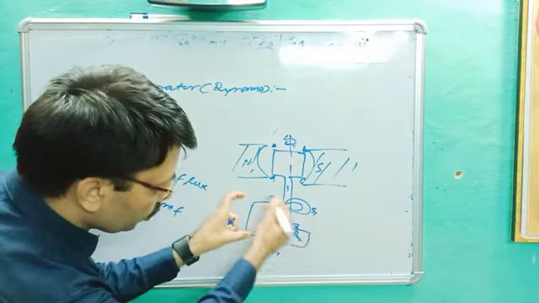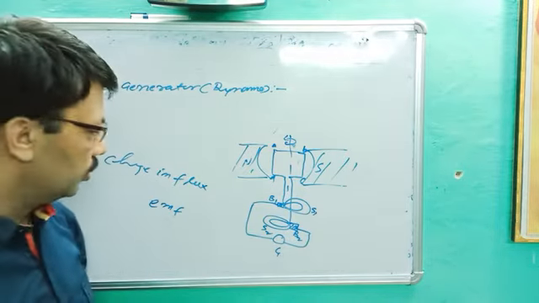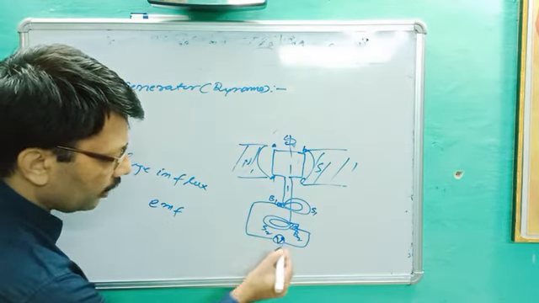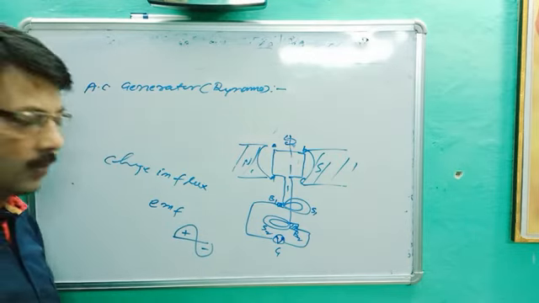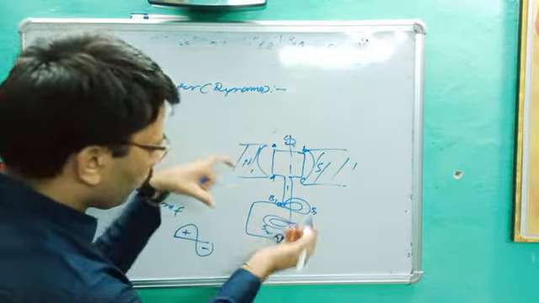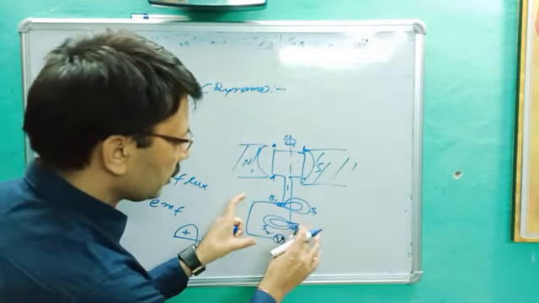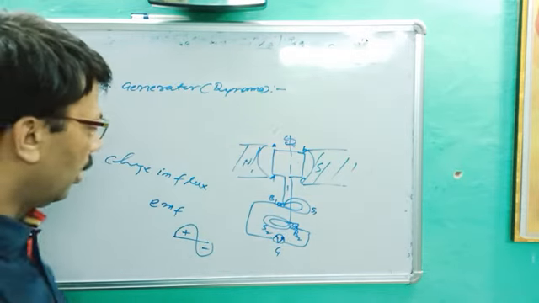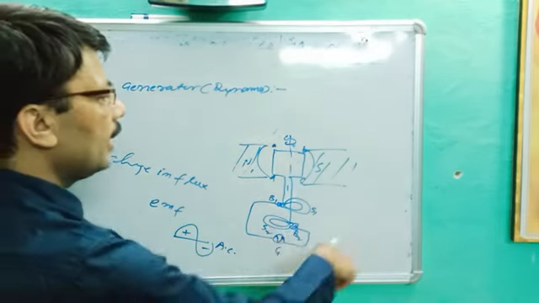Since the circuit is closed, you can see there, the circuit is closed, so current starts flowing, which could be detected by the galvanometer, and this current will flow like this, positive and negative. Because after one half rotation, they will change the position. S1 and S2 will not change the position. S1, S2 will be the same, but the direction of current will reverse. And this current is called AC current, and the device is called AC generator.